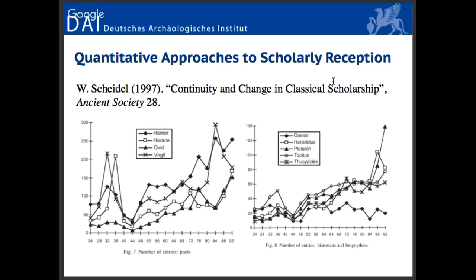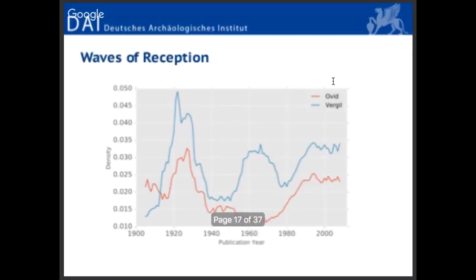He did it on a different set of data, the Année Philologique, and also looking at the subject classification assigned manually to each publication. What I'm doing is slightly different, also working on different data, and somehow I'm doing pretty much the same, but bottom up. The same information that he was getting from the subject classification, I can infer from the number of times a given text is cited. So what you can start doing, like in this example, is to take some authors and compare the number of references these authors get from JSTOR articles, and how this varies over time.